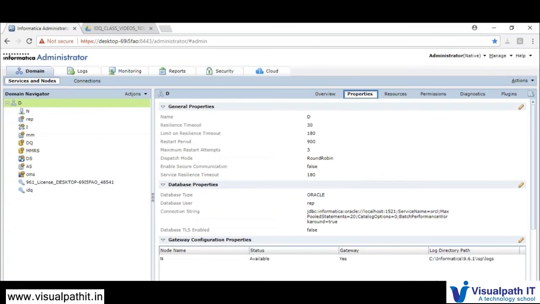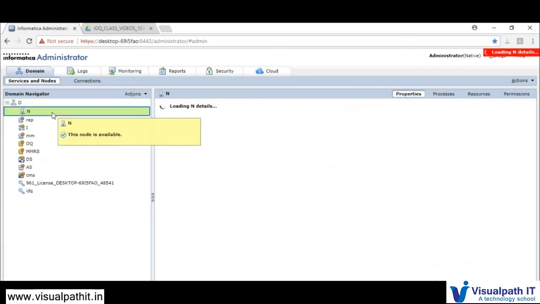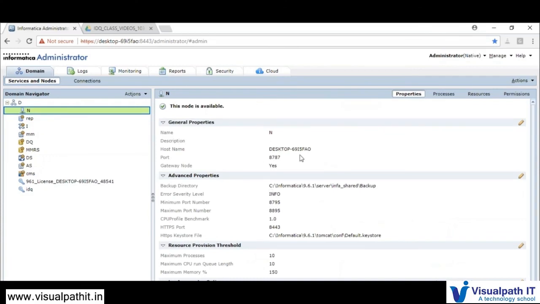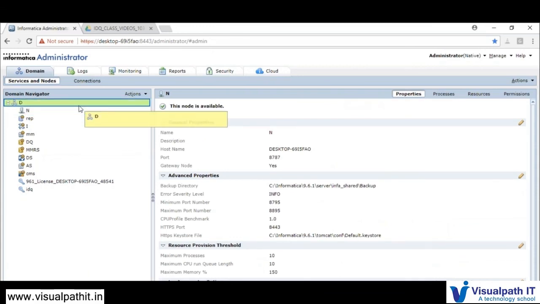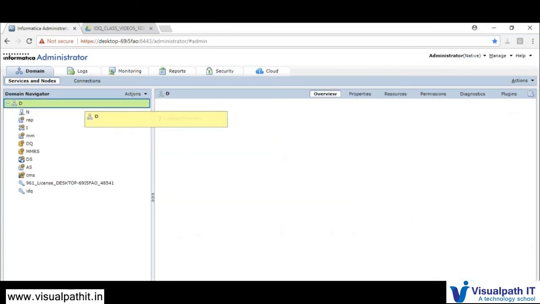So whether the database is prompting for the same. You will be having the properties and details, and this is your node. This is the host name you have provided, and what is the port for the node. All the details you will be finding here. Once that is done, you will be going for service configurations.